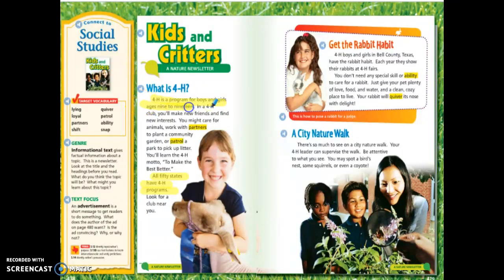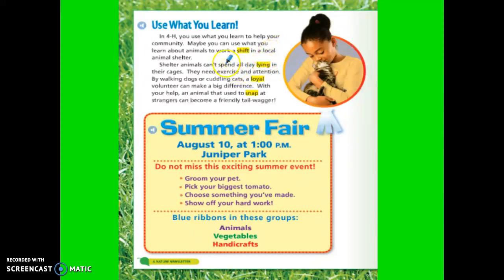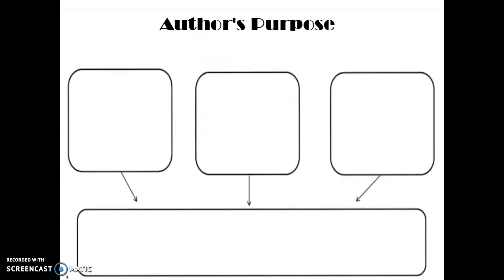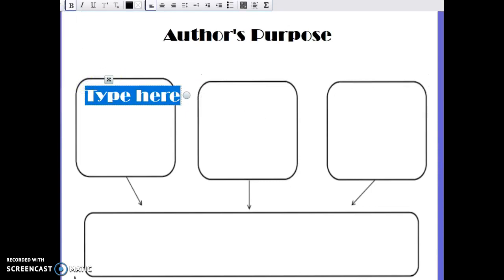I learned that you can take city nature walks in 4-H. I learned that you use what you learn to help your community in 4-H. Down here, this whole box is giving me information about a summer fair that's going to be held on August 10th at 1 p.m. So when I plug in those details to my graphic organizer here,